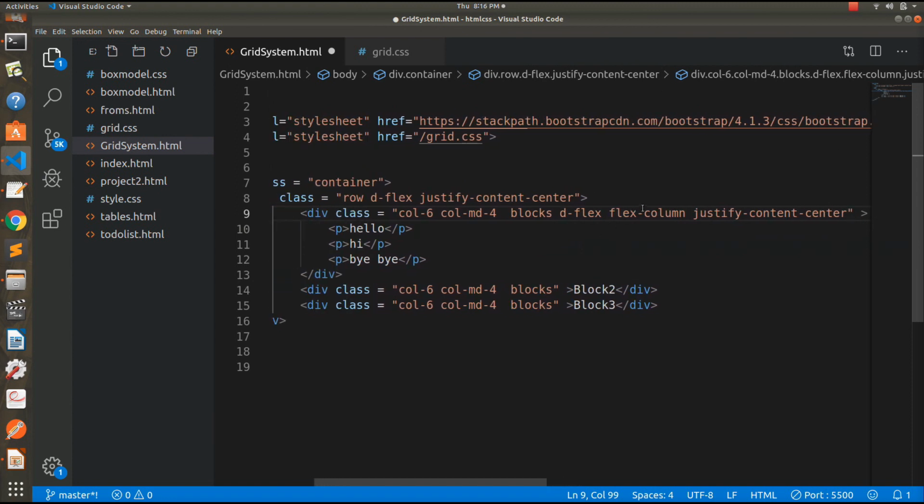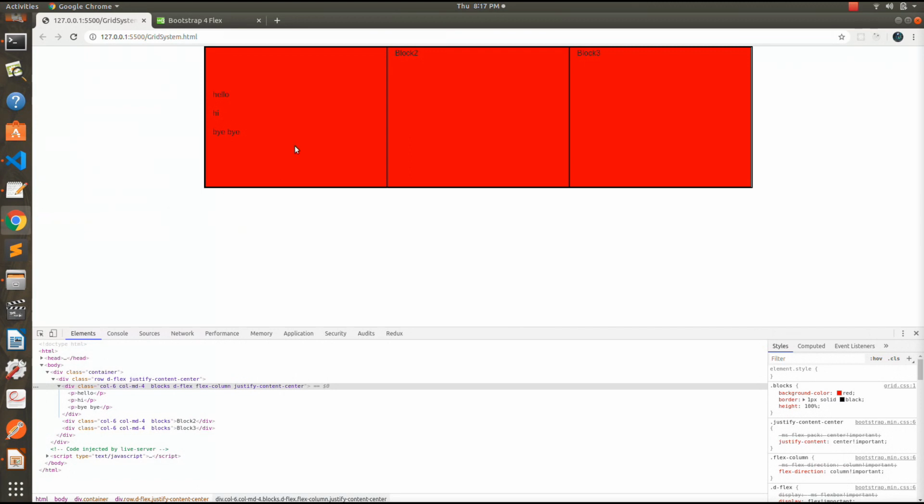Okay, so there's another way also of using align-items, but I think this is easier for me to remember, because the justify content we have used already in the rows also. So you just have to add these two classes to tell the browser that we are using this Flexbox for columns. So if I save this, now you can see that these three contents have come to the center of the column.